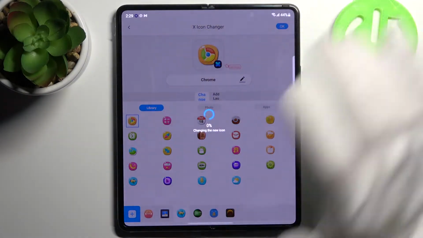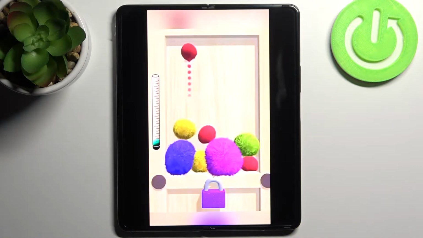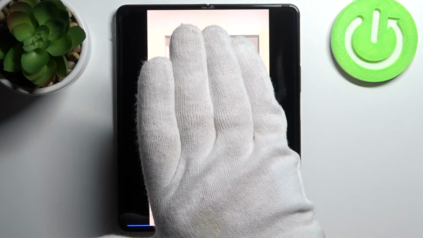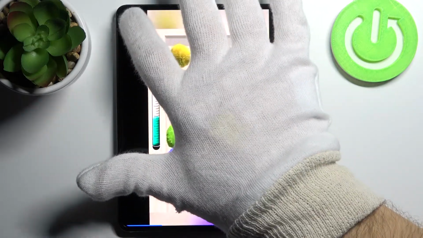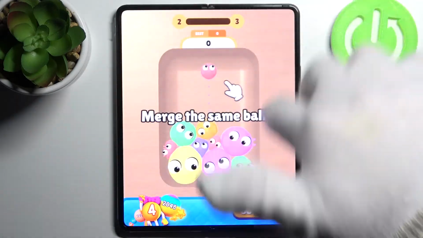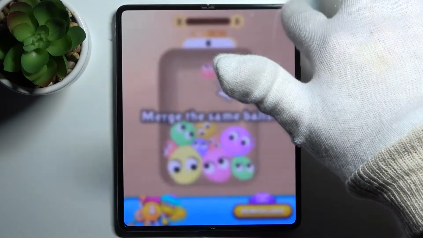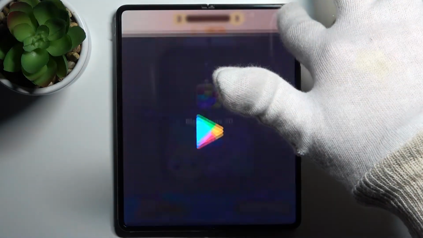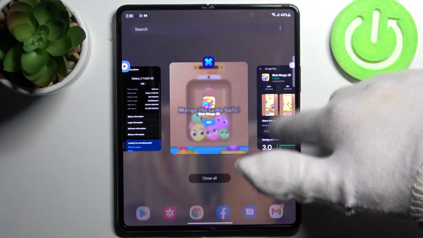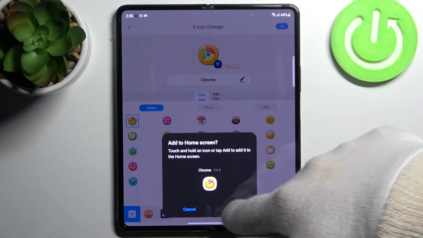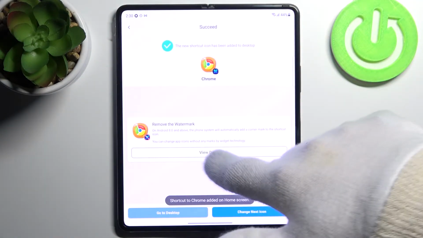Then tap OK. Then you will have to watch an ad. Man. Let's go. Watch this. Come on. What? How can I and this icon is added,